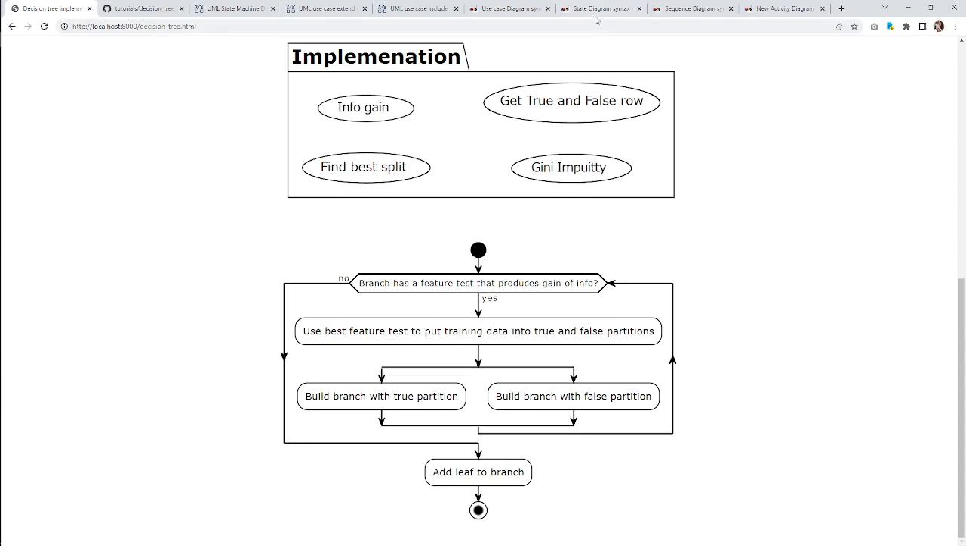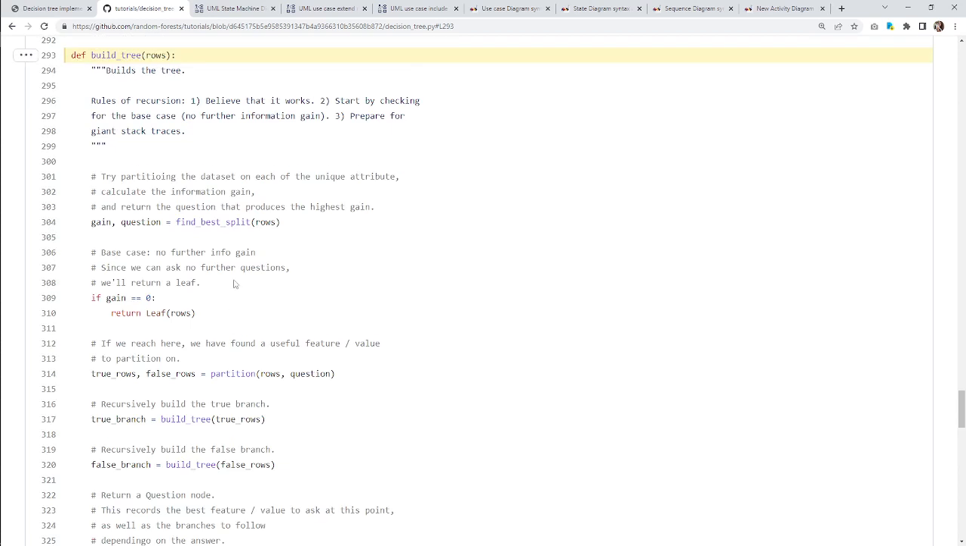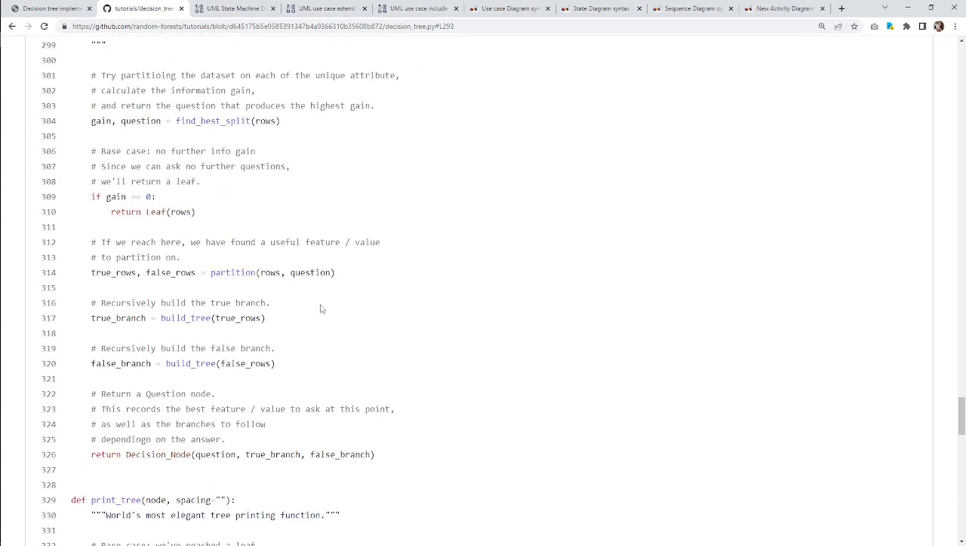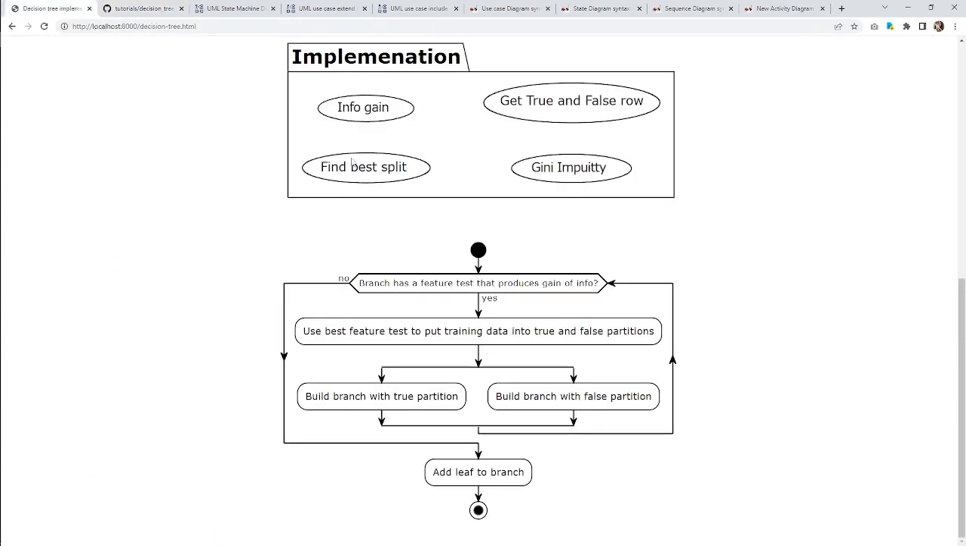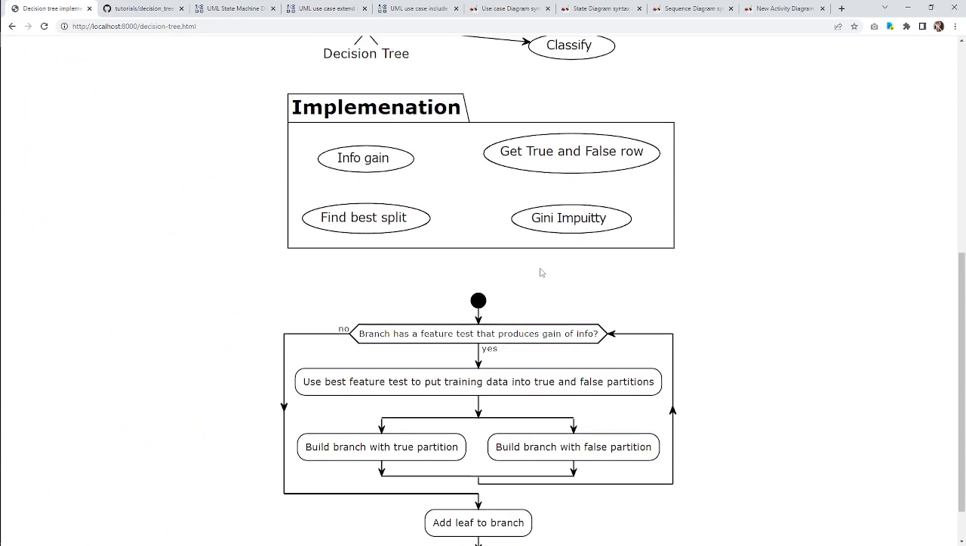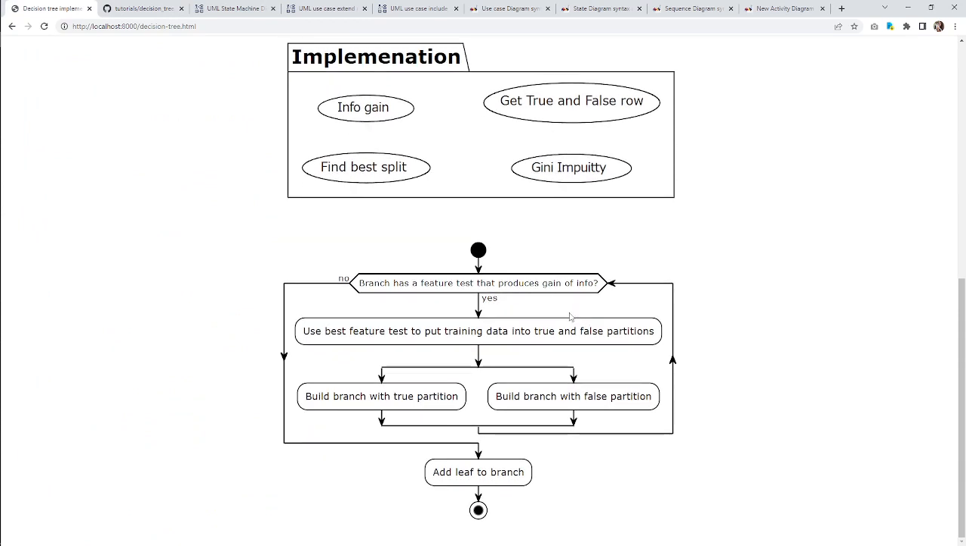But anyway, maybe we can make a state diagram of not the code. The state diagram is not of the build tree function. The state diagram is of the tree. This is the state of the tree, or of a leaf. So if we have the state diagram and the activity diagram together, we could start to understand what the tree looks like. The way we build a branch is that we have a leaf,